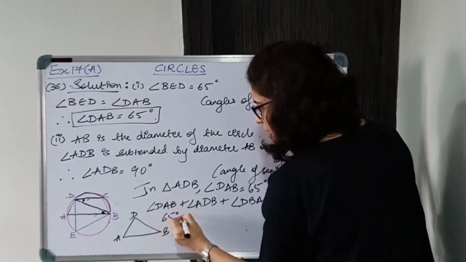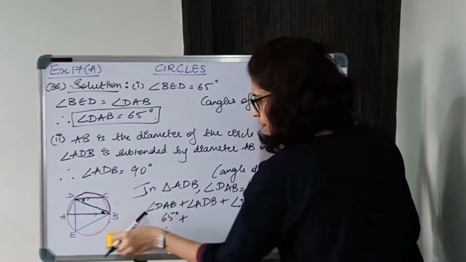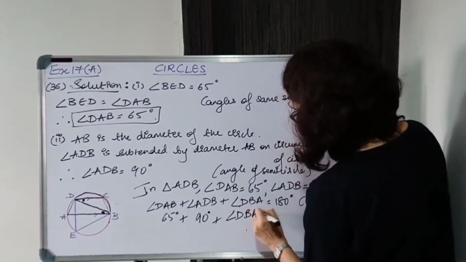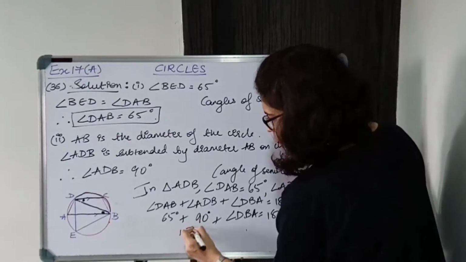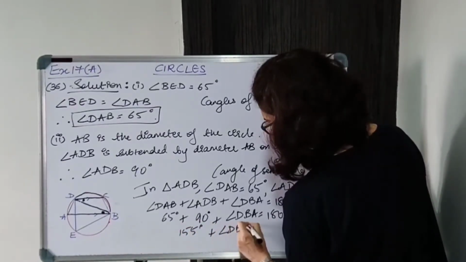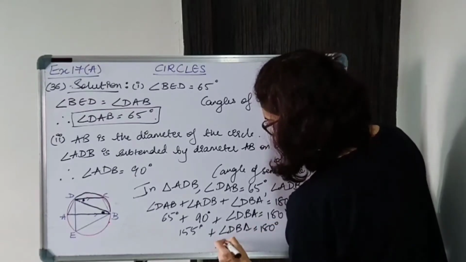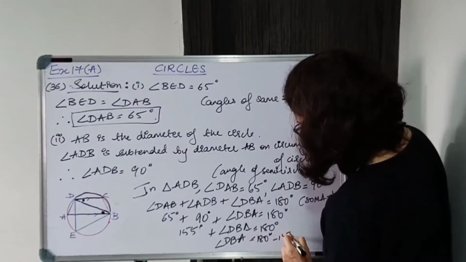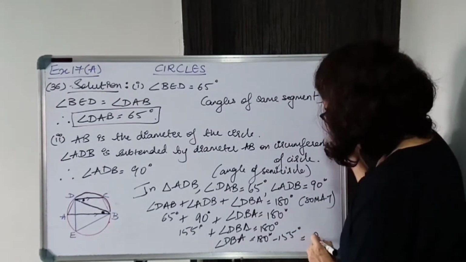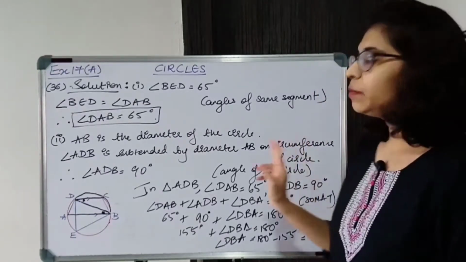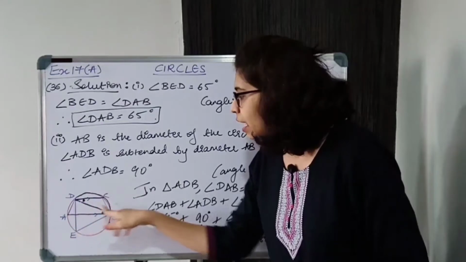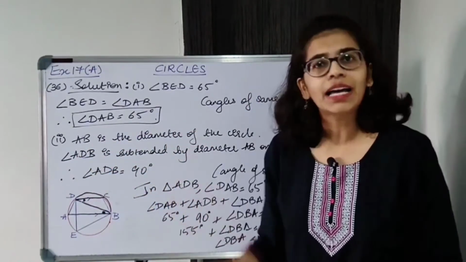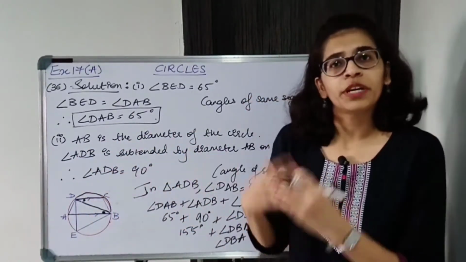Substituting the value, 65 degrees plus 90 degrees plus angle DBA is equal to 180 degrees. ये हो जाएगा 155. So angle DBA is equal to 180 minus 155. So this gives 25 degrees. Angle DBA मिल गया. Angle DBA and angle BDC both are congruent, so we need to give reason for that. AB and DC are parallel and with the transversal DB they are forming alternate angles,